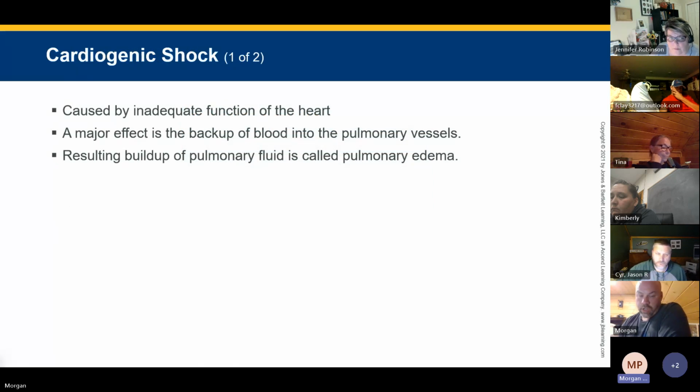So, cardiogenic shock. It's inadequate function of the heart. The major effect is backup of blood, so the result is pulmonary fluid. Some of the things that will happen is the fluid will get backed up. It depends on what side of the heart is failing. So if it's on the right side,